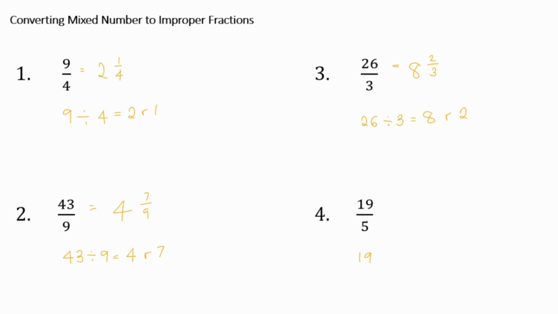For number 4, we are doing 19 divided by 5. So we're looking at the 5 times table till we get to a number just less than 19. So we're going to use 15. And 5 goes into 15 3 times. So we're going to put 3. Our remainder to get from 15 to 19 is 4. So we put remainder 4. So as a mixed number, we will write 3 as our whole number, our remainder 4 as the numerator, and